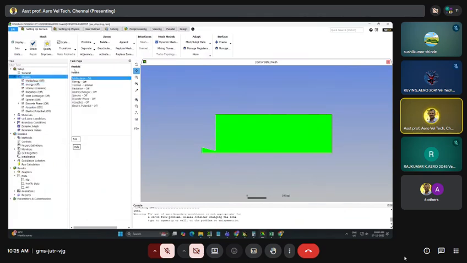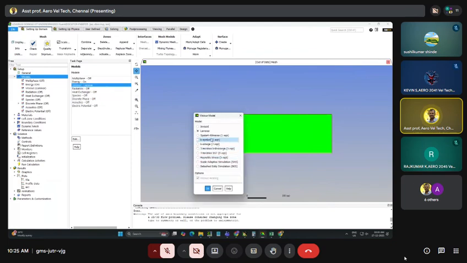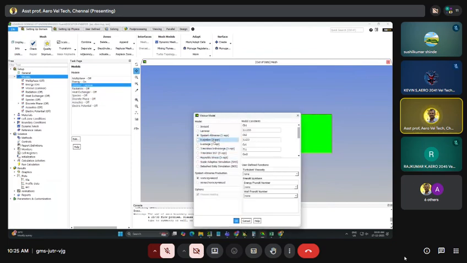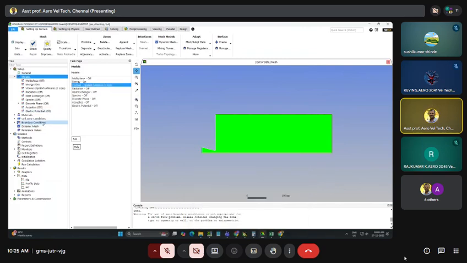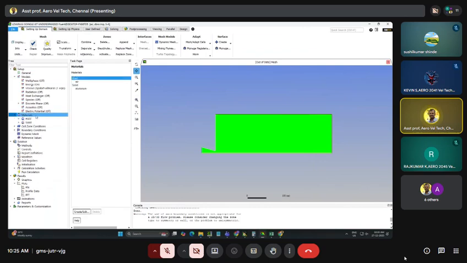Then go to models. These are the turbulence models. In that the energy is off. First make the energy on, and then viscous it is laminar by default. I will select the one equation Spalart-Allmaras model, which is a very successful model in my past. Okay, so I am using the Spalart-Allmaras model, and then go to materials, select